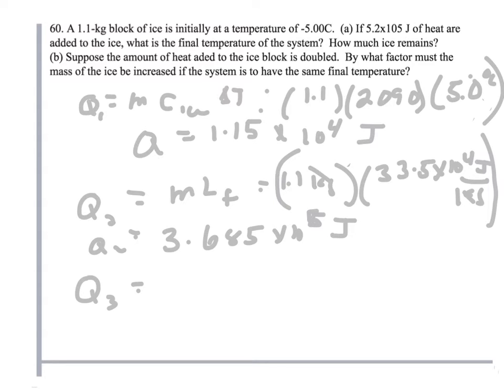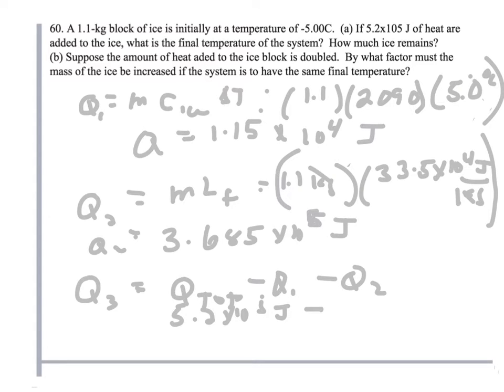So for this one here, the Q3, in order to find that, we're going to just rearrange our first equation, that Q total is equal to the sum of 1, 2, and 3. So Q3 is equal to, consequently, the total Q minus Q from the first phase and Q from the second. So this one gives us our 5.2 times 10 to the 5th joules